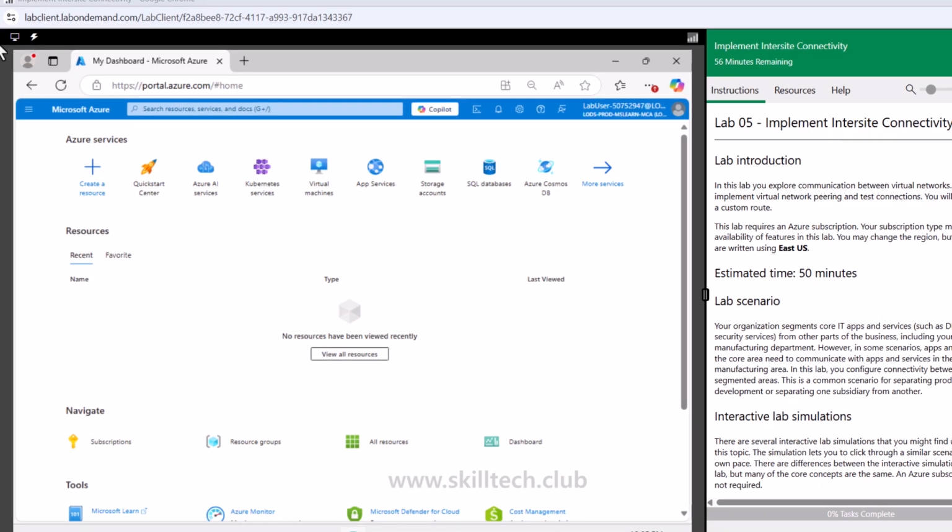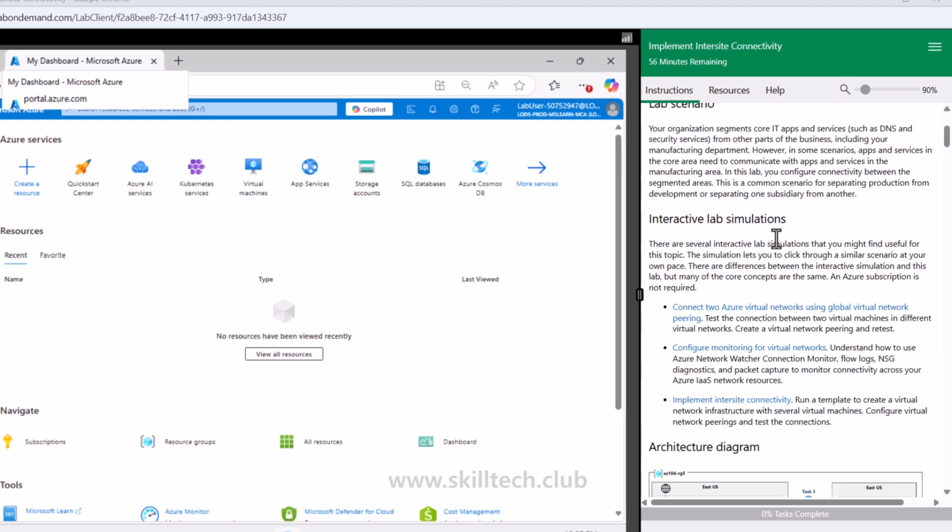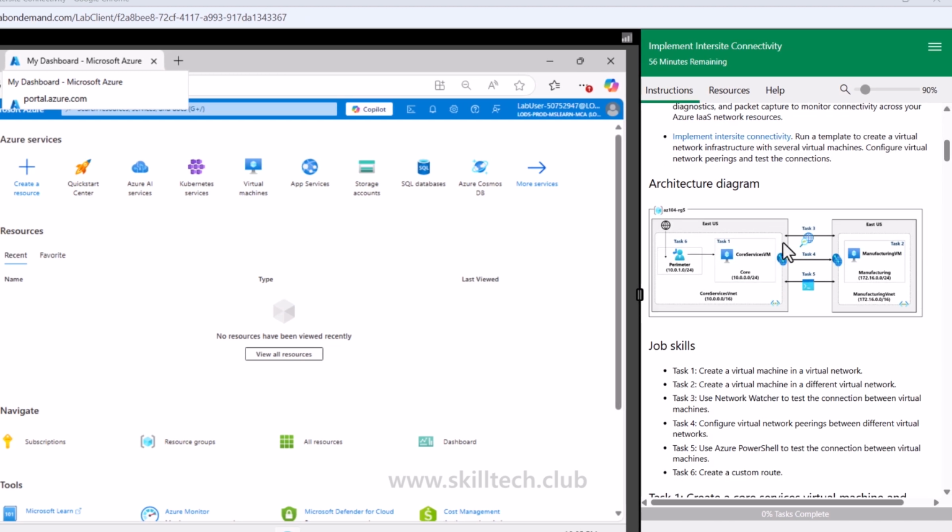Okay, so let's move forward to our lab number 5 now, which is implement Intersite connectivity. In the previous lab, you have seen how to create a virtual network. Now in this case, we are going to focus on Intersite, basically one network to another network kind of connection. I have launched my lab environment, and in this lab environment, there is an architectural diagram which is visible here. You can see that we are actually going to use virtual network peering in this to connect